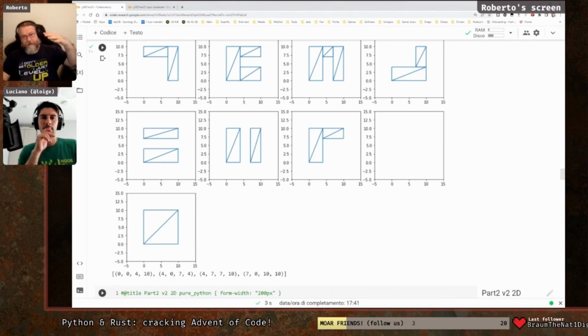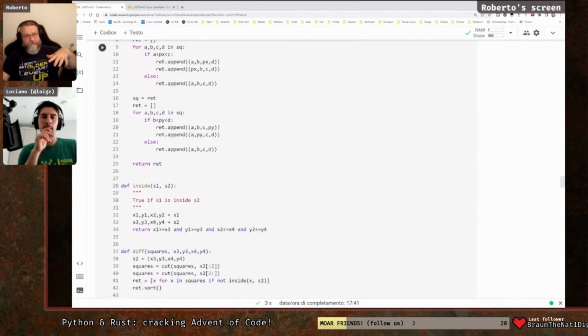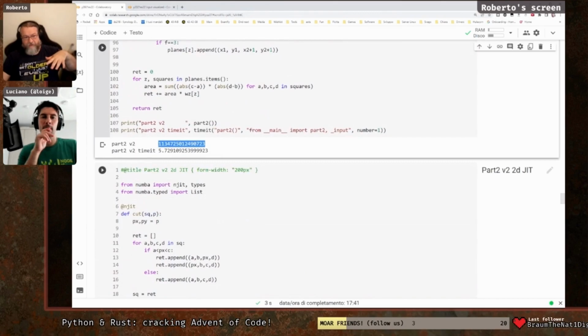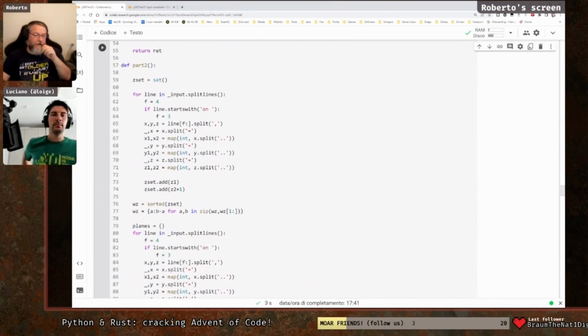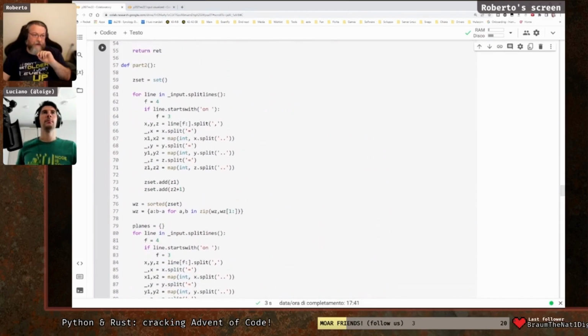Doing this logic by plane made me this pure Python solution that we can see together in a moment, that is taking 5 seconds to compute this huge number. But this is pure Python, then there is a jitted version. To go a little bit more specific to what it does, this is the description of the algorithm itself. This one is keeping a list of the 850 planes I was talking about. It is parsing the input twice. The first pass on top of the input is to get an idea of how many Z